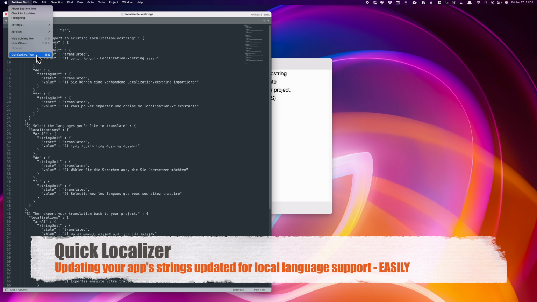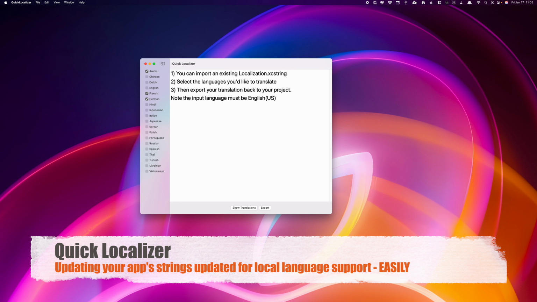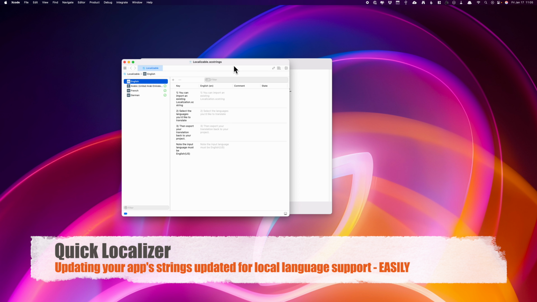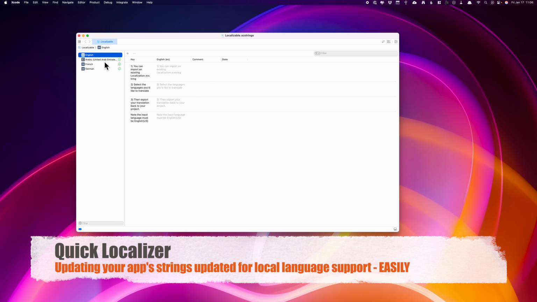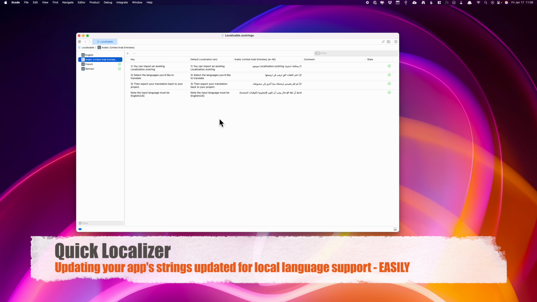So let's load this in Xcode. And you'll see how the catalog actually works in Xcode. And so you see quite easily in Xcode, you have your base language, and that green check mark means all of the text for your app has been correctly translated. And we can go in and we see that Arabic is right aligned, French and German are left aligned. And if you do need to make a correction, you can easily just go in and make that directly in